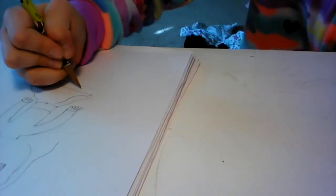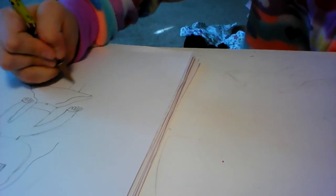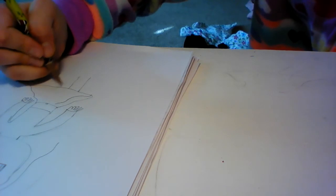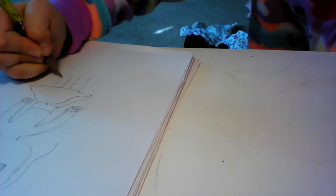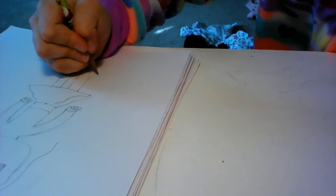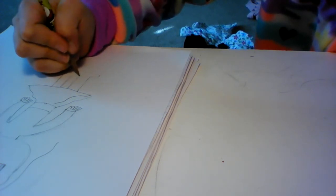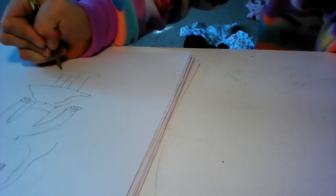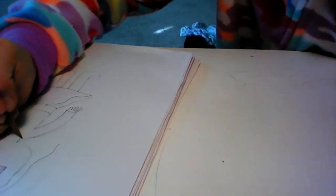And now we're gonna do her feet. Last but not least, her feet. We're gonna do her legs. They're probably pretty fat for now, but it's okay. And then you can just draw her. I'm just drawing shoes for now. But yeah, that's what we're gonna do for now. And then she had